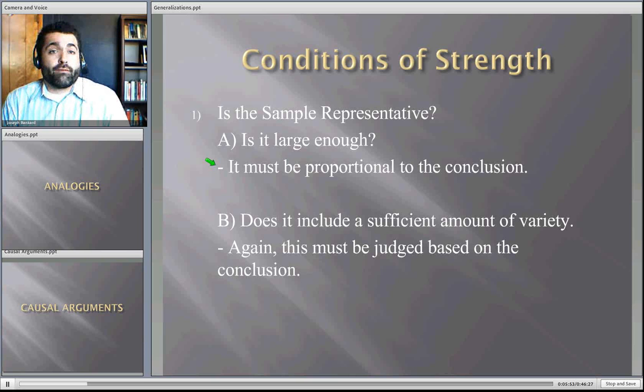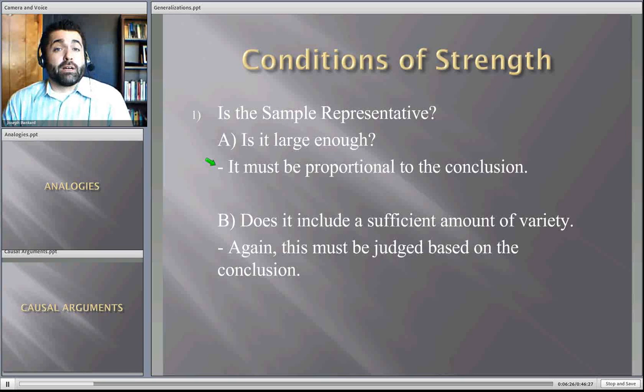So if I wanted to find out how NNU students feel about the Obama administration, but let's say I set up my polling booth, I got my data, and I set it up outside of the NNU Republican meeting. And that's where I got the people to participate in my survey to get my data. Well, the sample lacks variety. It's not going to give me an accurate sample of NNU students as a whole because they're most likely to all be Republican. And Republicans have a particular view of the Obama administration.